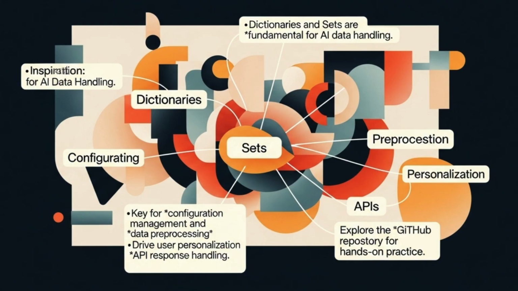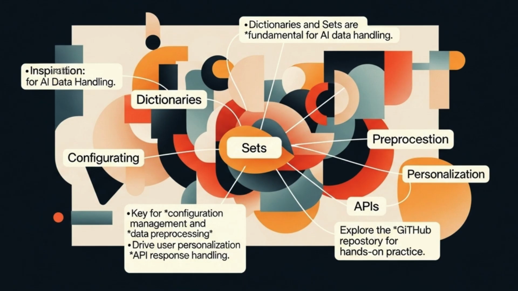We've covered a lot today, and I hope you're now convinced of the immense value that dictionaries and sets bring to AI development. To recap, dictionaries and sets are not just arbitrary Python structures. They are fundamental for efficient AI data handling. Dictionaries provide structured storage for key value pairs, making them indispensable for managing everything from model parameters to complex API responses. Sets, on the other hand, are your go-to for ensuring data quality by swiftly eliminating duplicates and enabling rapid